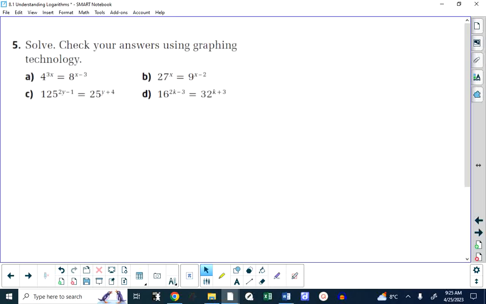What we learned yesterday is that you can solve certain exponential equations algebraically, meaning on paper using symbols and numbers, getting exact values, as long as all of the powers in the exponential equation can be written using the same base. So for example, if you took a look at 5D, with a little bit of thought,